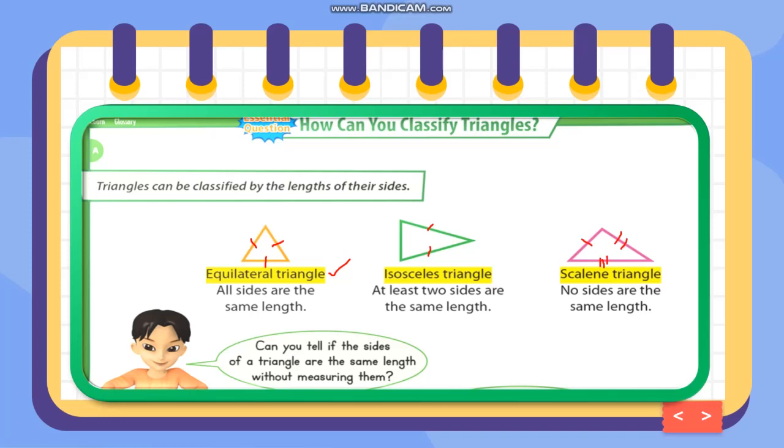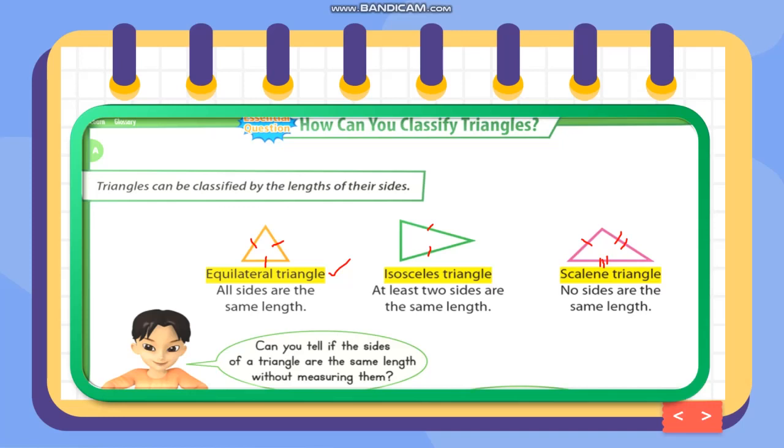Again, triangles can be classified by the length of their sides. If three sides are equal, that is an equilateral triangle. If two sides are equal, that is what we call an isosceles triangle. If no sides are equal or no sides are the same length, that is what we call a scalene